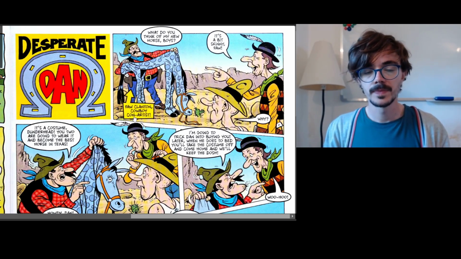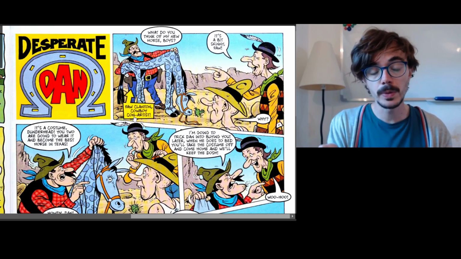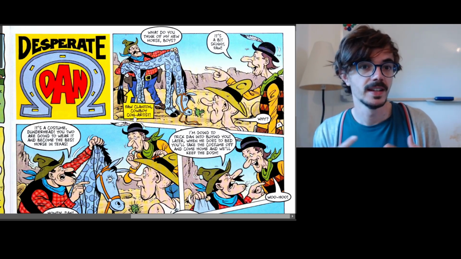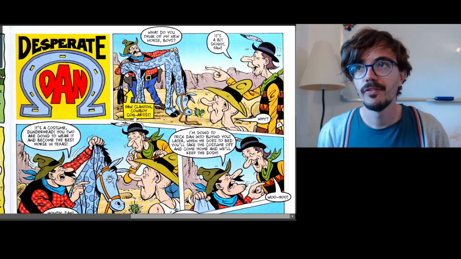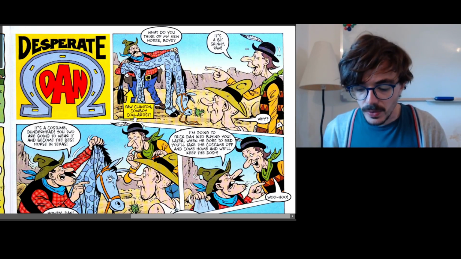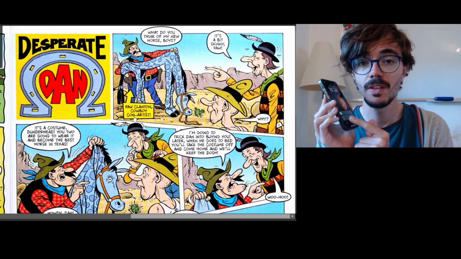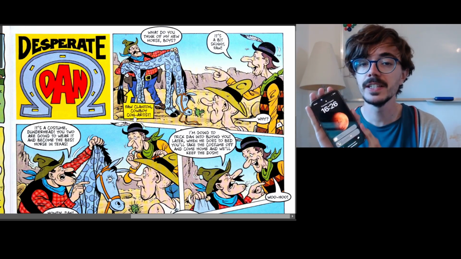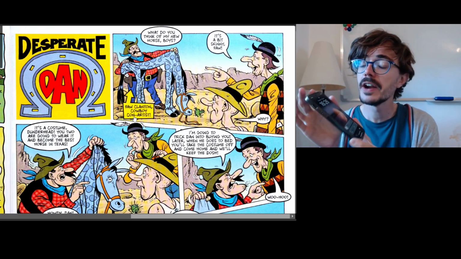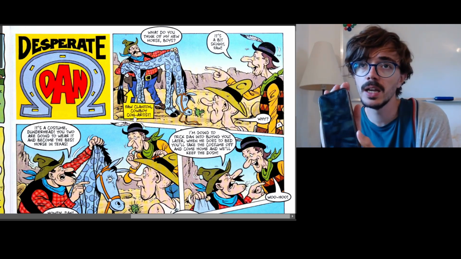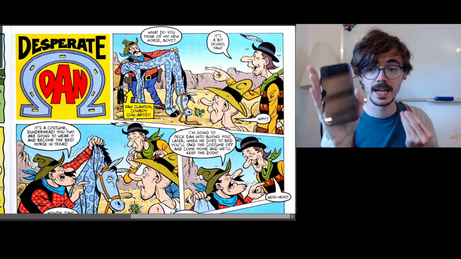Con artist is someone who tricks other people. You trick people, so you con them. To con someone is to trick them. So if I sell someone something, okay, I say, here, this phone, you can have this phone for £200. It's in very good condition. It's working. You can have it for £200. And if that person gives me the money and I give them the phone